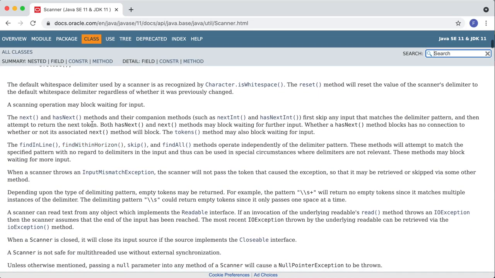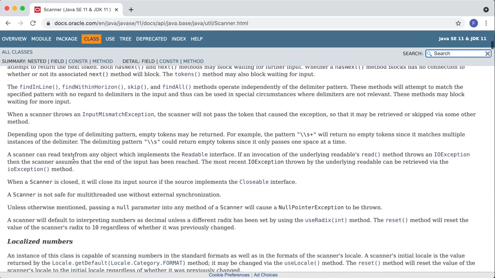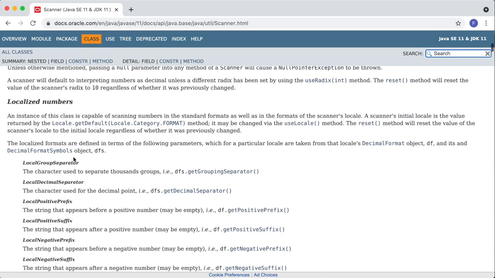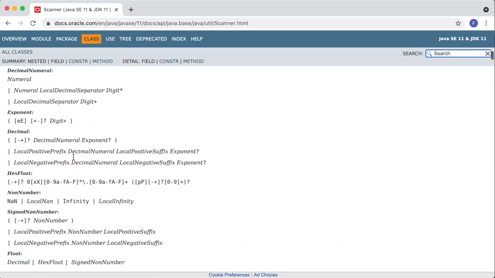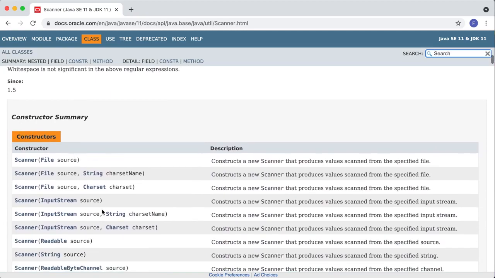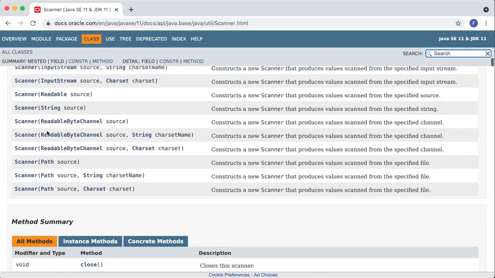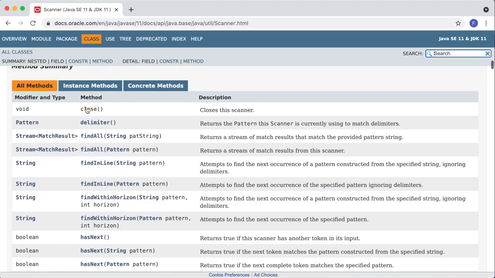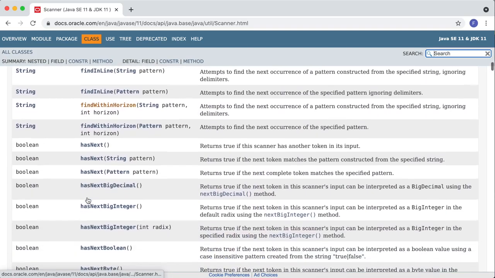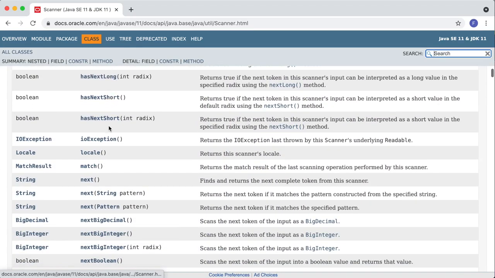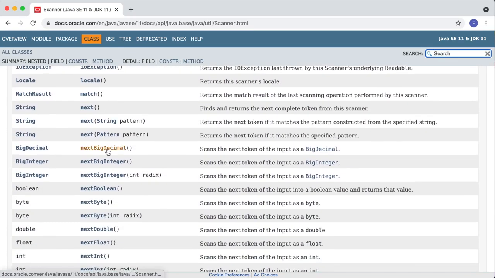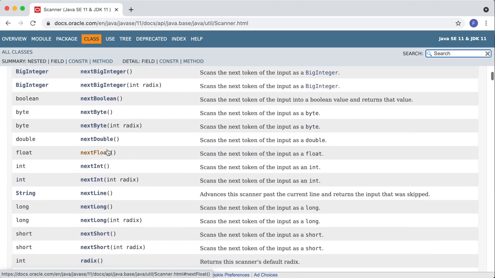Nope, but they're telling you a lot about it. And one of the neat things about this is if you're trying to discover how to use one of these things, look at this documentation. It's very detailed. Here's all the constructors that the scanner takes, and here's all the methods that the scanner has, which is a lot. And the one we're going to use is, see, it's got all these hasNext and stuff. This is a class that does a lot of stuff, but we're going to